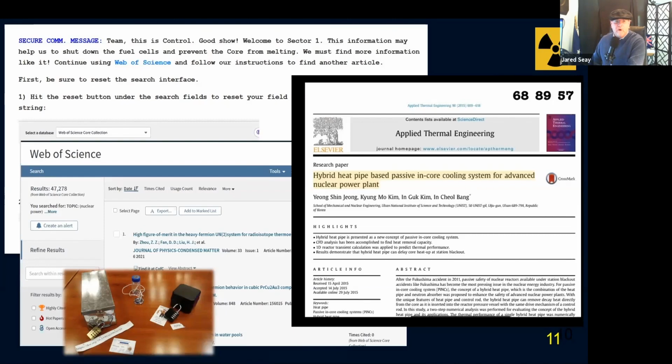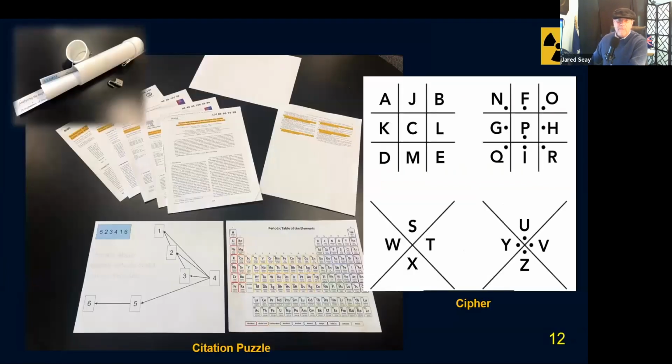There's also a bit more complication added by the citation mapping puzzle. In this particular puzzle, the students must place a series of articles in the right sided order. They then use a coded clue along with a cipher to solve a critical problem. This puzzle reinforces the idea of scholarship as an academic conversation by illustrating the citing string, but it also rewards those teams who can cooperate effectively in solving it.